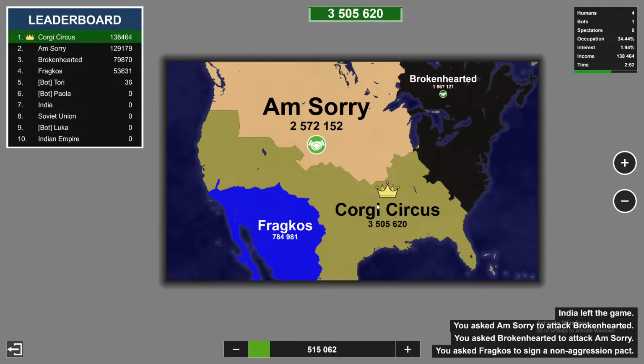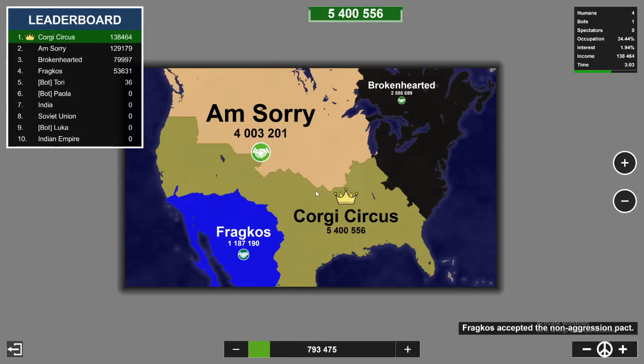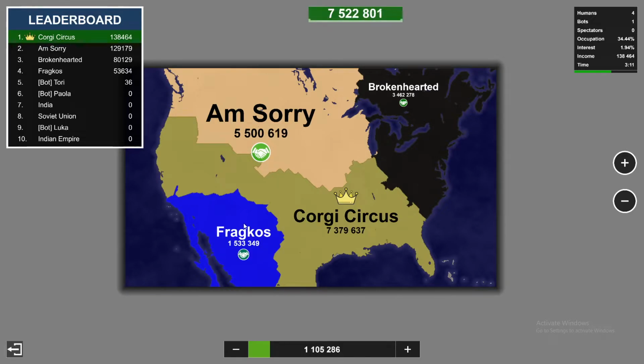I think that's going to be our play, was distract him with a little truce ourselves and just wait to see what happens next. I do just want to build up a little bit, not taking too much time to do it, but we are going to be going against Brokenhearted and Am Sorry here very quickly, so I think this is the play here. Hit a little bit of a lag spike here, but I think now is the time that